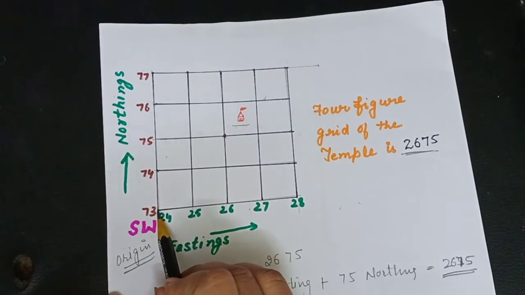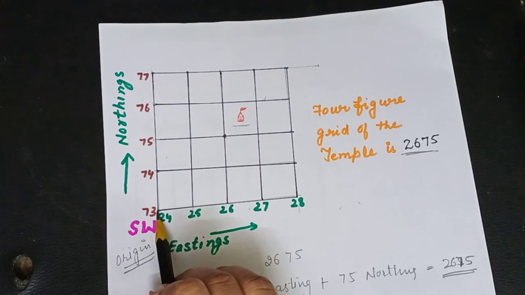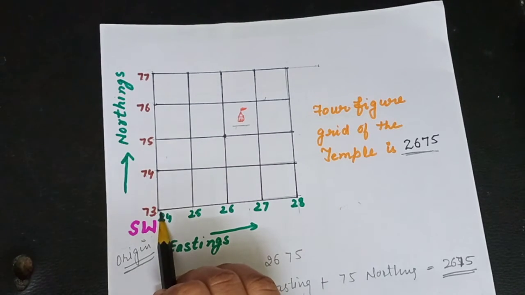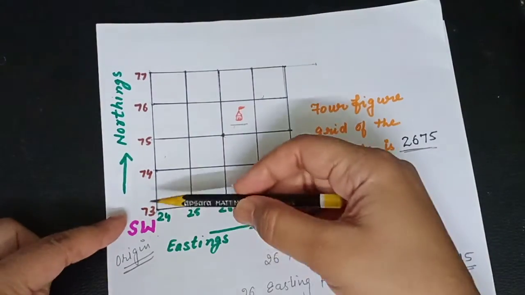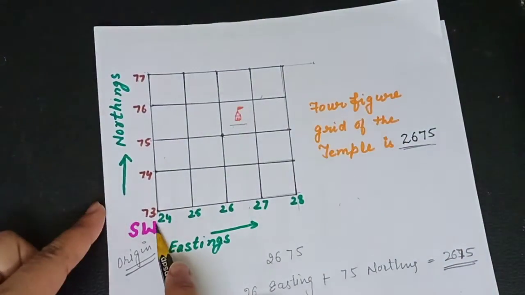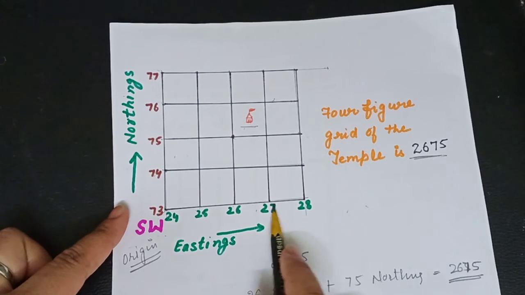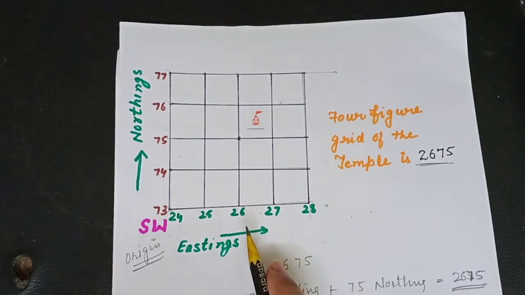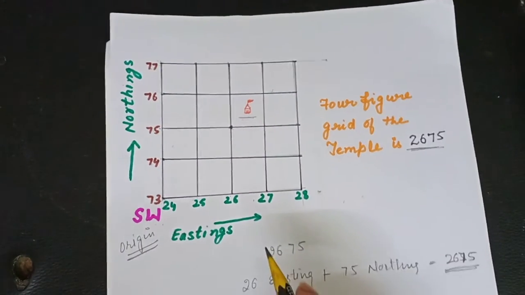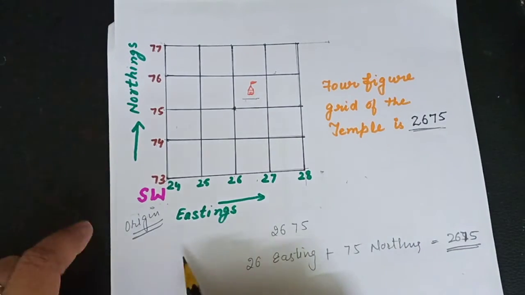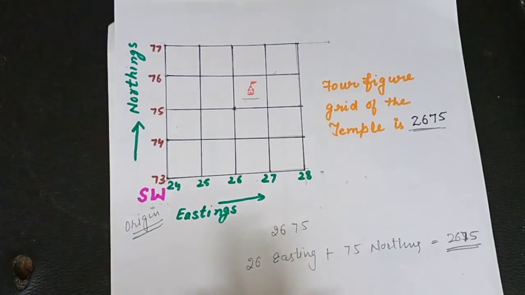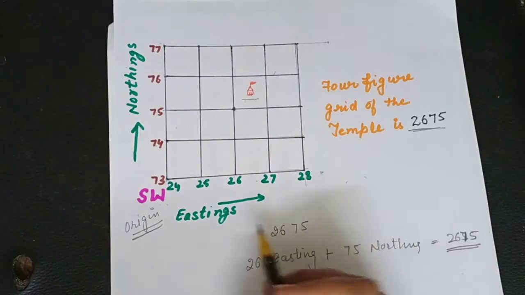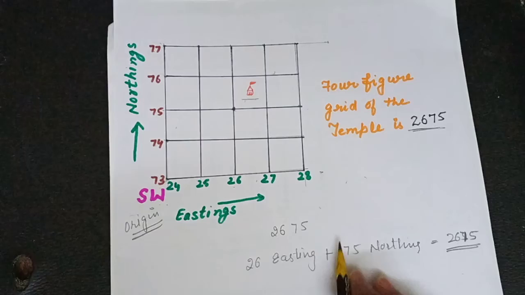First, we should know where the origin is. This is the origin of the grid. For reading a grid, the origin is the southwest corner of the map, and readings on the map are always taken with reference to this origin. Northings are always read to the north of the origin. Eastings are always read towards the east of the origin. So the readings are always taken to the right of the easting and to the north of the northing. While giving a grid reference, eastings are always stated first, followed by the northings.